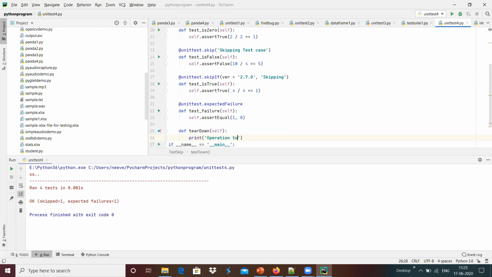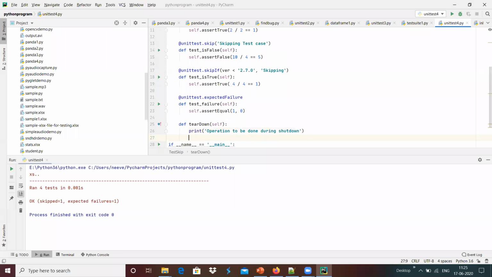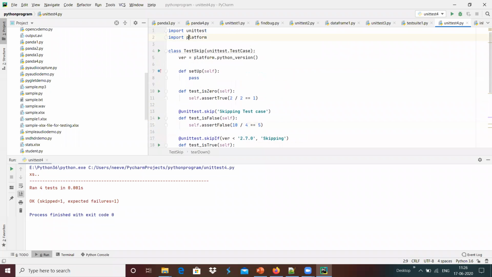operations to be done during shutdown of test case over here, and we have to print the setting up of test fixtures over here.